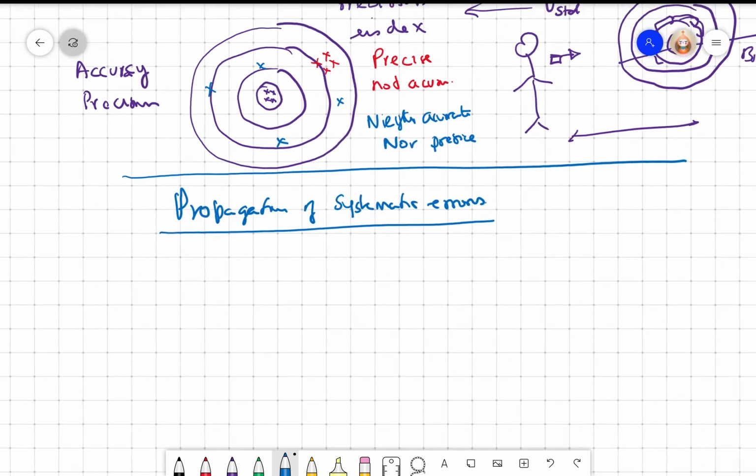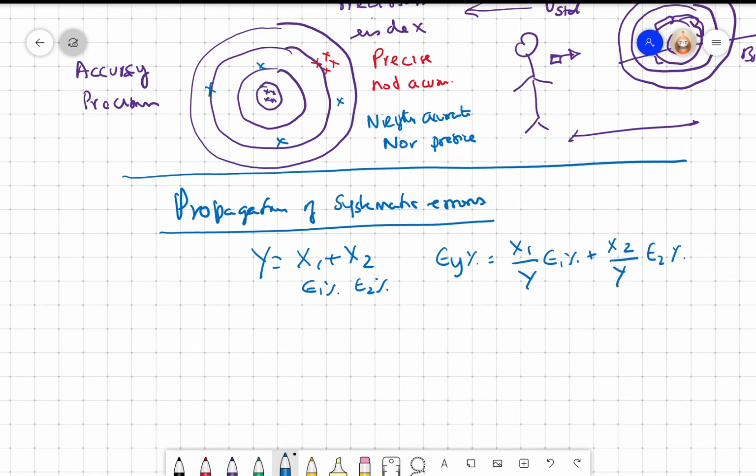So we found that if I have y equal to x1 plus x2, this has an epsilon 1% error, this has epsilon 2% error, then epsilon y percent would be equal to x1 by y into epsilon 1% plus x2 by y into epsilon 2%, right? And we also derived the formula